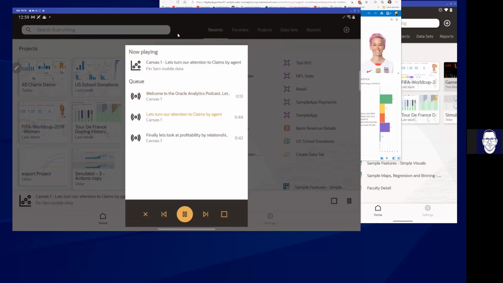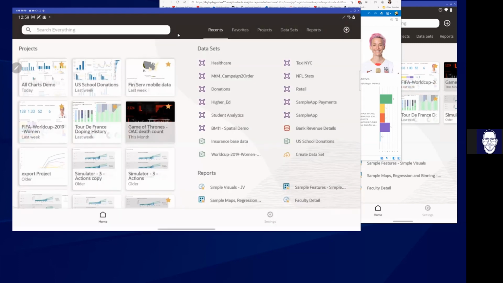I can change to the claims by agent, whatever, you get the point. But the intent here was, when we talk about augmented analytics, a lot of it is sophisticated advanced analytics on the desktop. In this instance, it's something to really simplify your life and just have the system read to you the most meaningful observations it can make out of any chart. I'll hand it back to you, Ben.